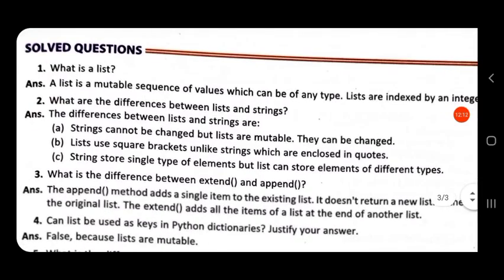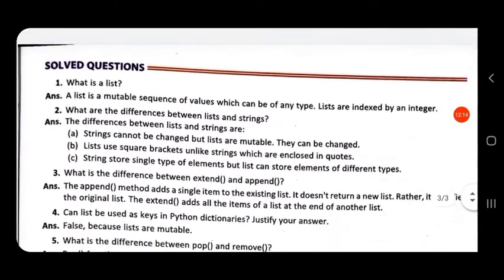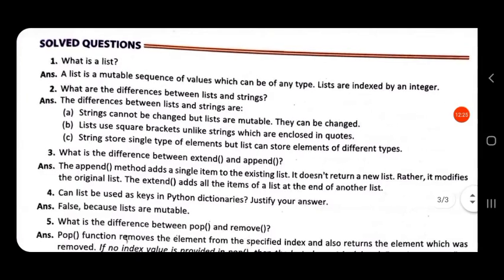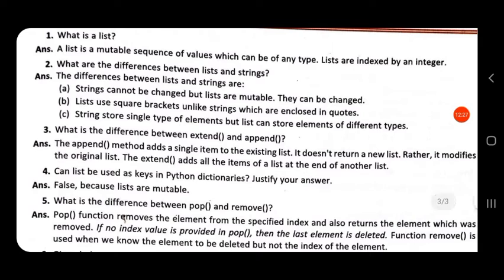So these are solved questions. So what is a list? A list is a mutable sequence of values which can be of any type. Lists are indexed by integer. Then what are the differences between list and string? Strings cannot be changed, but lists are mutable, they can be changed.